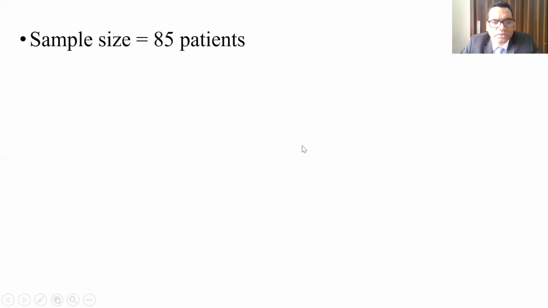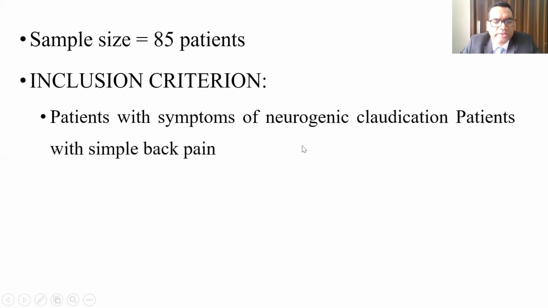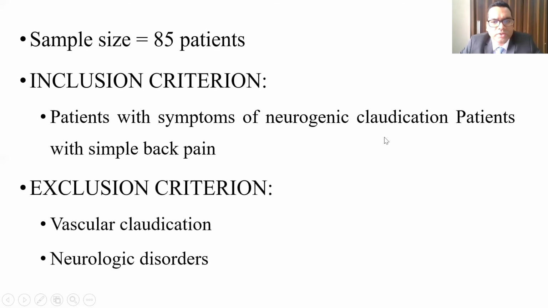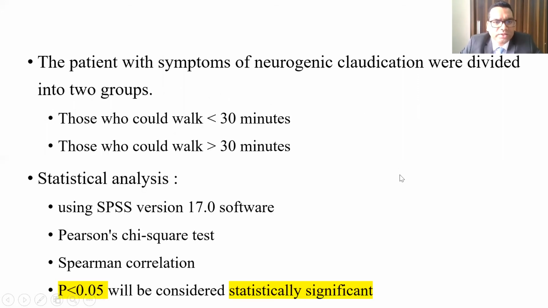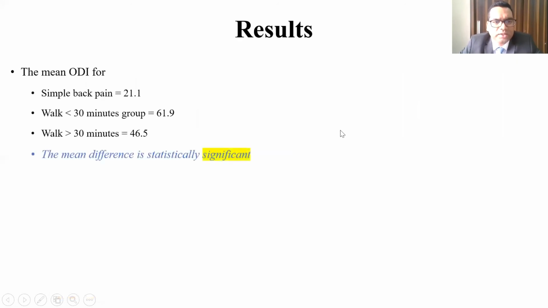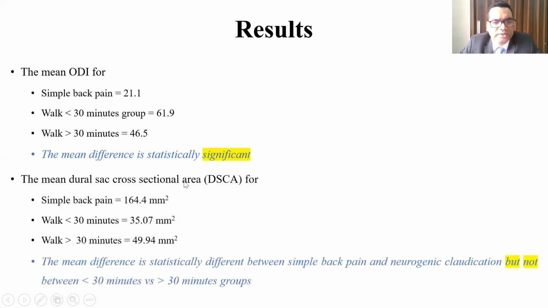So we assessed a total of 85 patients. We included patients with symptoms of neurological claudication and excluded vascular and other neurological disorders. The patients with symptoms of neurological claudication were divided into two groups: patients who could walk less than 30 minutes and patients who could walk more than 30 minutes, and statistical analysis was done. So this is the analysis for the ODI, this is the analysis for